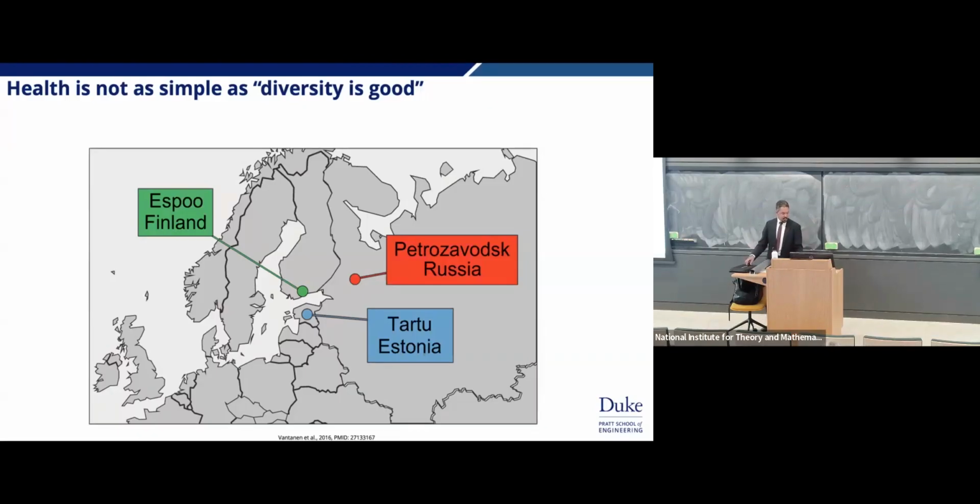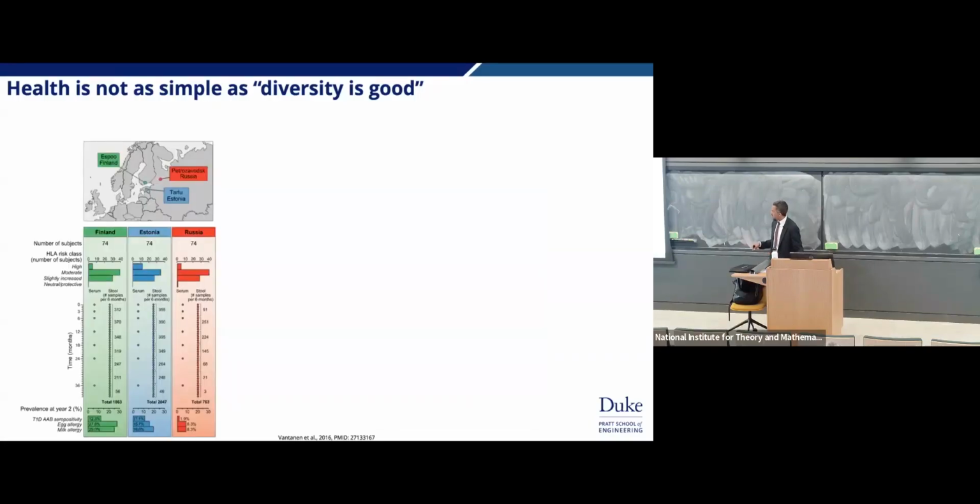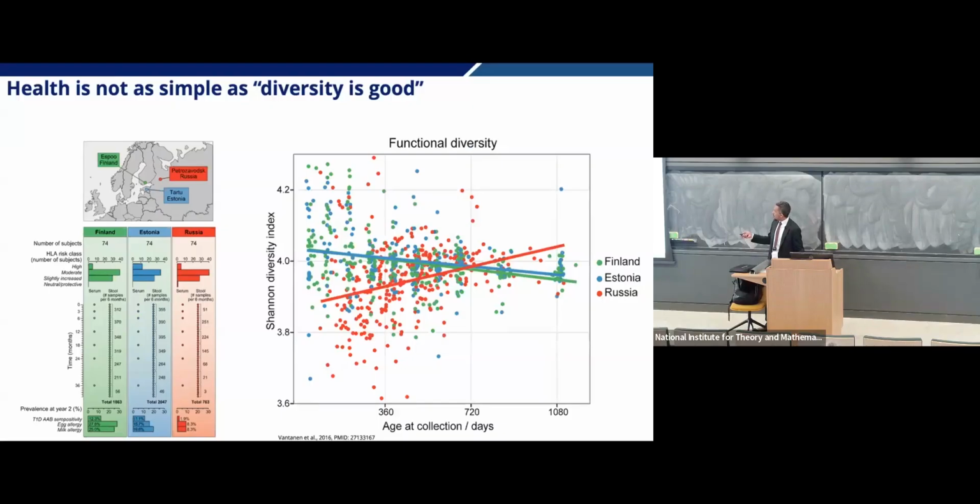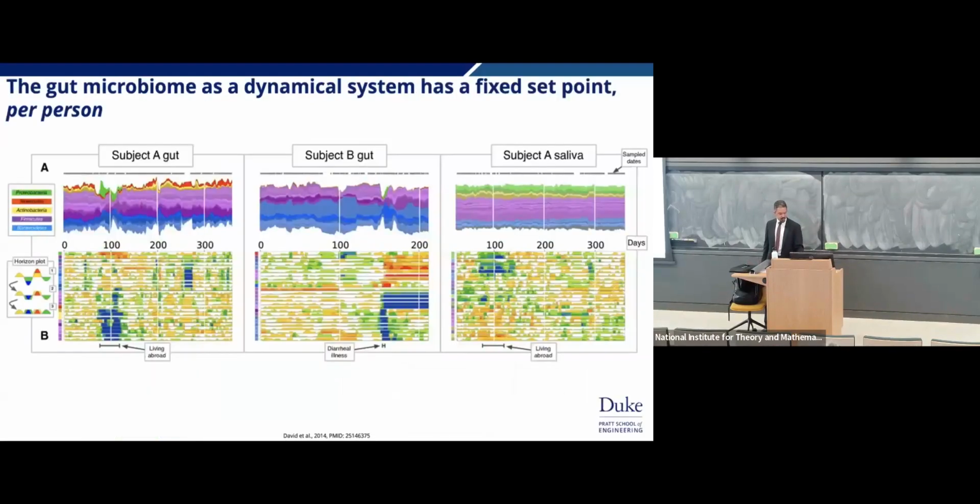Not necessarily the case. So this was a study on children in Finland, Russia, and Estonia in the Xavier lab that I'm working in. And what they showed was that over time, the kids that were born in Russia had very little species diversity. They all eventually coalesced around the same species diversity, so this Shannon diversity index in their gut. But the Russian kids had fewer incidences of autoimmune diseases, specifically type 1 diabetes, egg allergies, and milk allergies, because they started out with a very low diverse population of bacteria in their gut. They were eventually able to identify at least one bacterium that they said, when this dominates, you aren't going to have these autoimmune diseases.